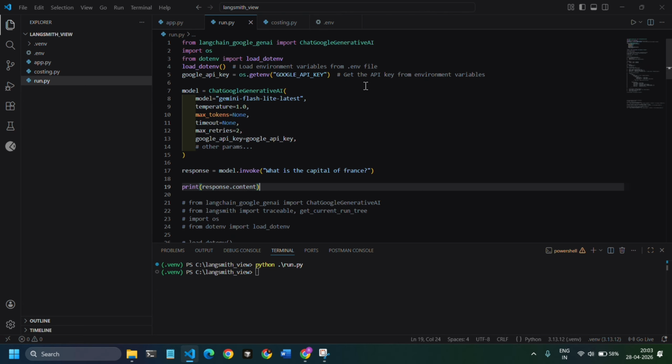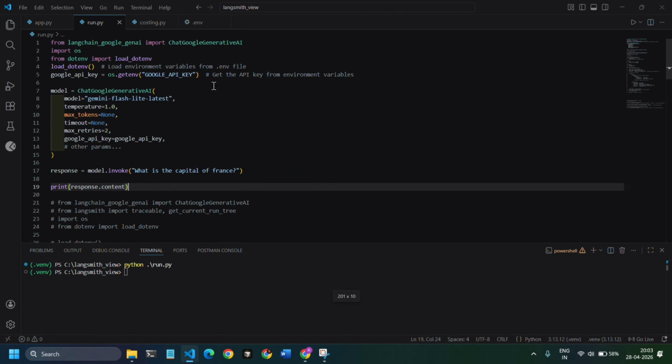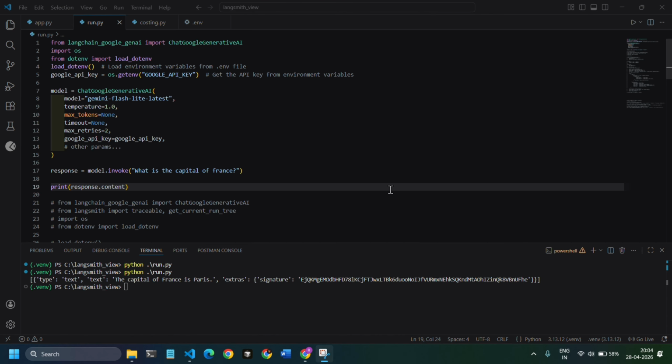Now let's understand by the code how it actually works. This is a simple Python code with a simple call of an LLM model, that is Gemini, with ChatGoogleGenerativeAI, and the model is Gemini flash lite latest. Now let's run this code. So this is the answer to the question. The question is what is the capital of France, and this is the answer. Now let's go to